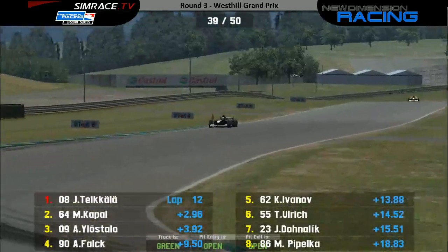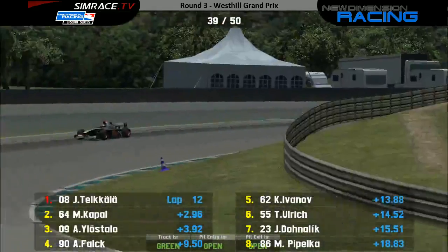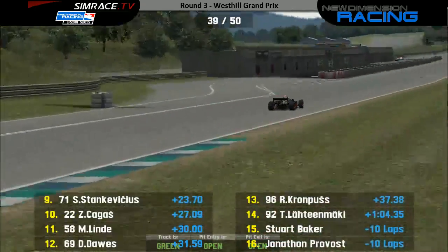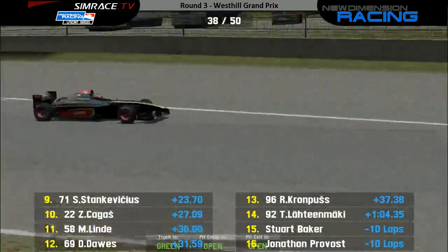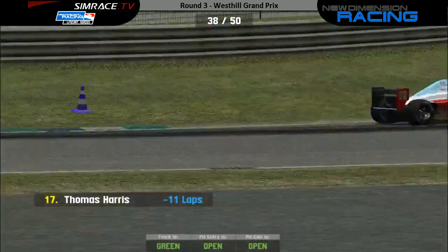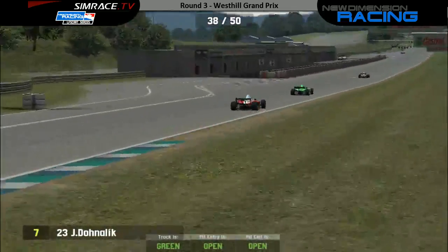I'm not sure it's something to do with the lead, because I spun when I was in 6th in 2011, so... It's just, well, you can make one mistake and that's your race, really. Not going to recover from that unless there's a safety car and you're unbelievably good in a car that has absolutely no temperature in the tires. Martin Capel resets fast lap,